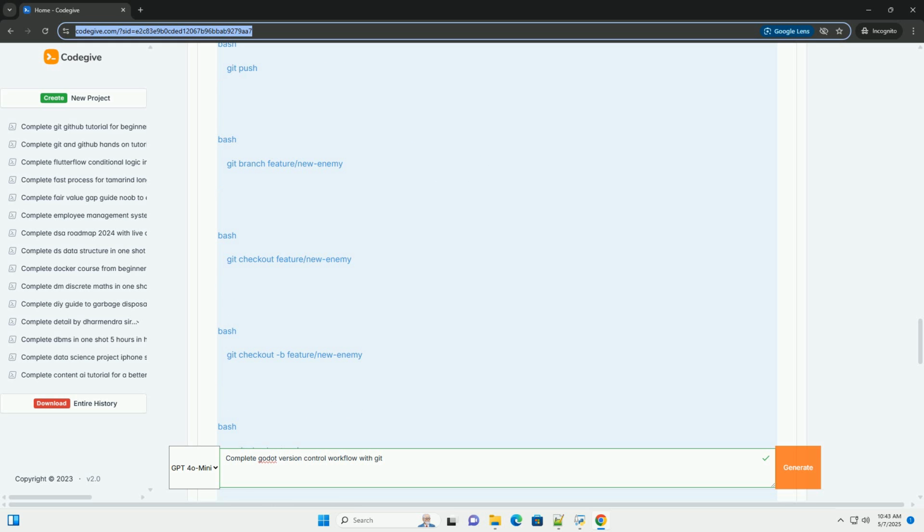GitLab offers free public and private repositories with unlimited collaborators. Provides integrated CI/CD, continuous integration/continuous delivery, tools. Bitbucket offers free private repositories for small teams, up to 5 users, and paid plans for larger teams. Self-hosted: you can also host your own Git server, for example using GitLab Community Edition, if you require maximum control and